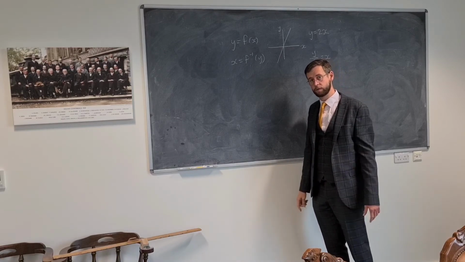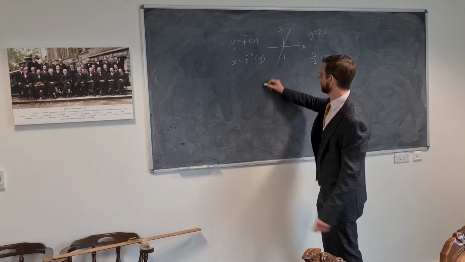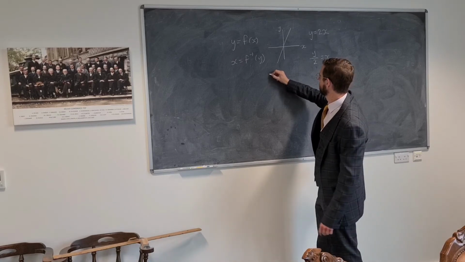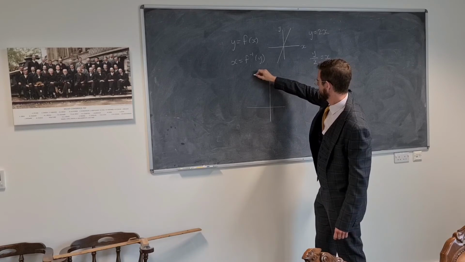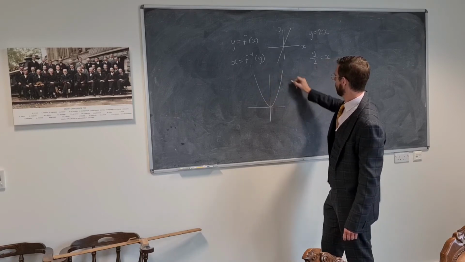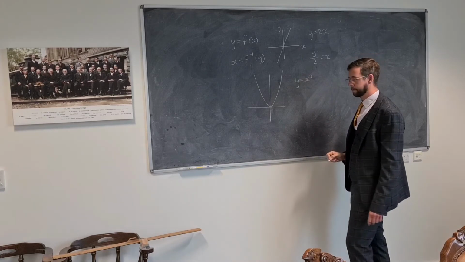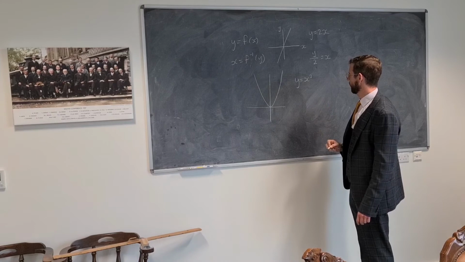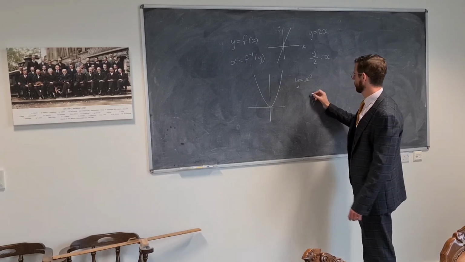We can use a multiform. How about a multiform function that has two solutions for x for a given value of y? Well, take for example the straightforward graph of y equals x squared. And now what you can see is for this particular function, if we were to rearrange this, we would simply